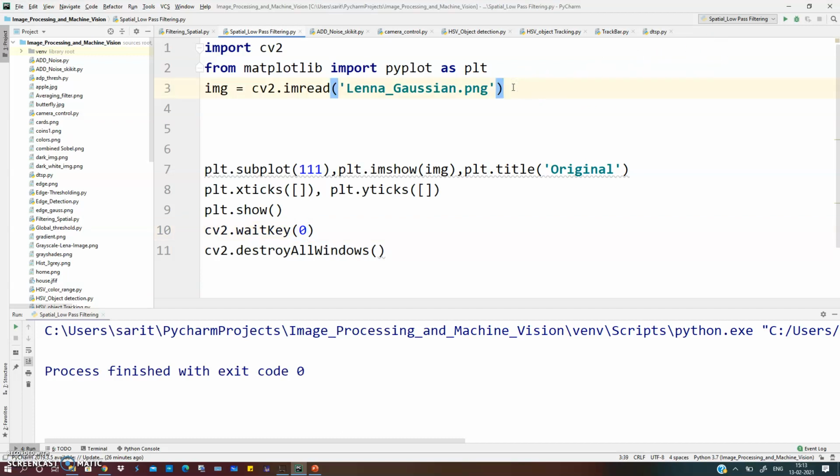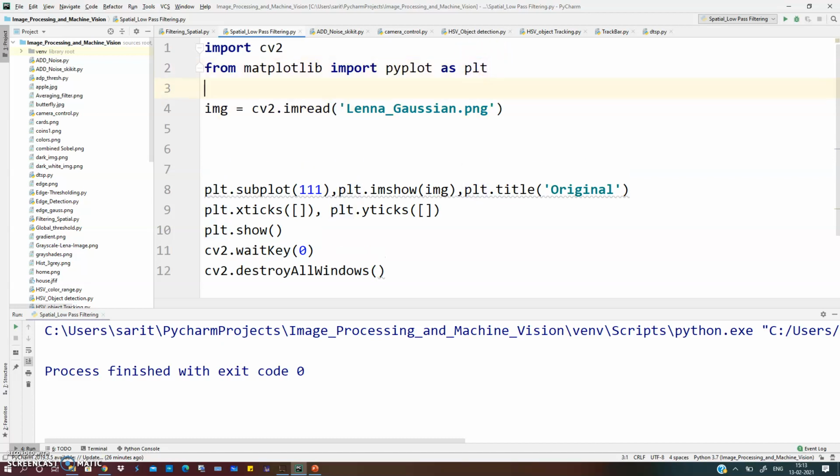For that we need to create a kernel, and to create a kernel we'll use the package numpy. So I will import numpy as np.